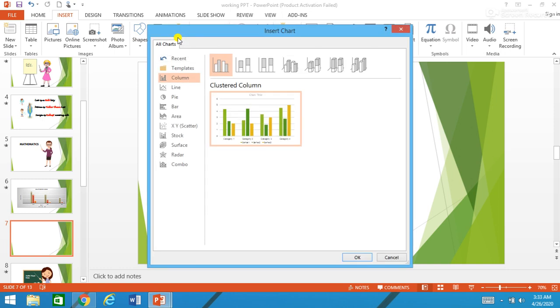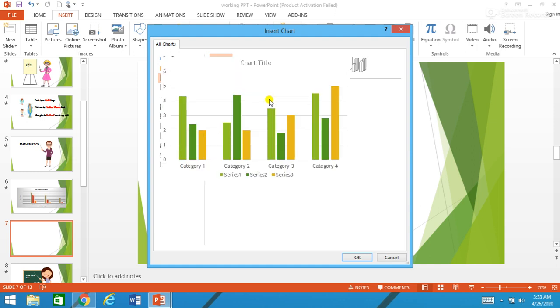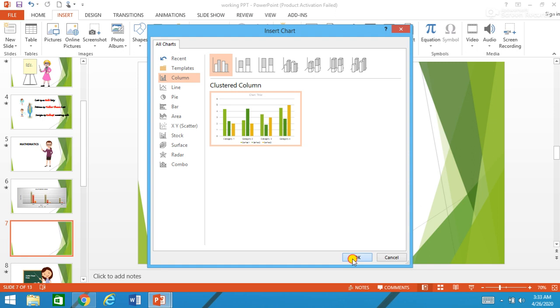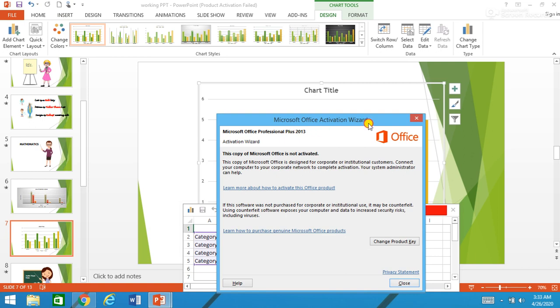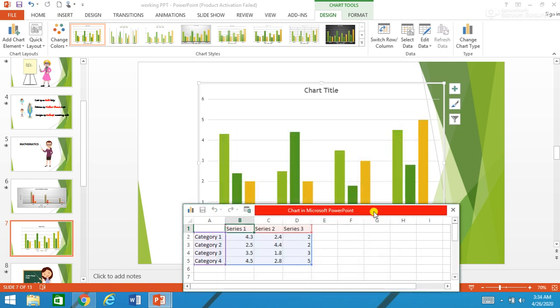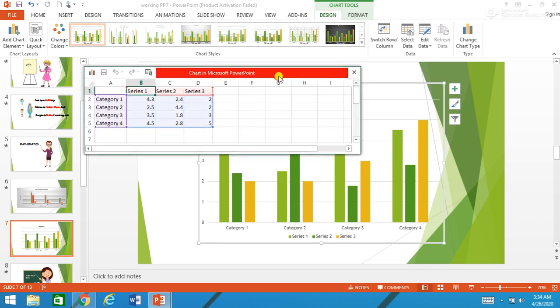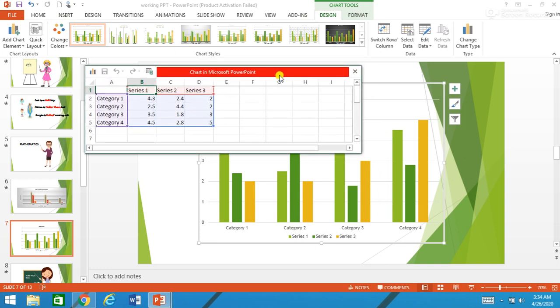Now when you click on the chart option, you get so many options available in the PPT. You can have a line graph, you can have a column diagram, you can have a bar graph, or you can have these column diagrams. You can have a 3D column diagram also. Right now I'm using the simplest column diagram, because my purpose is just to discuss the PPT animation or chart animation and not beautification of the PPT.